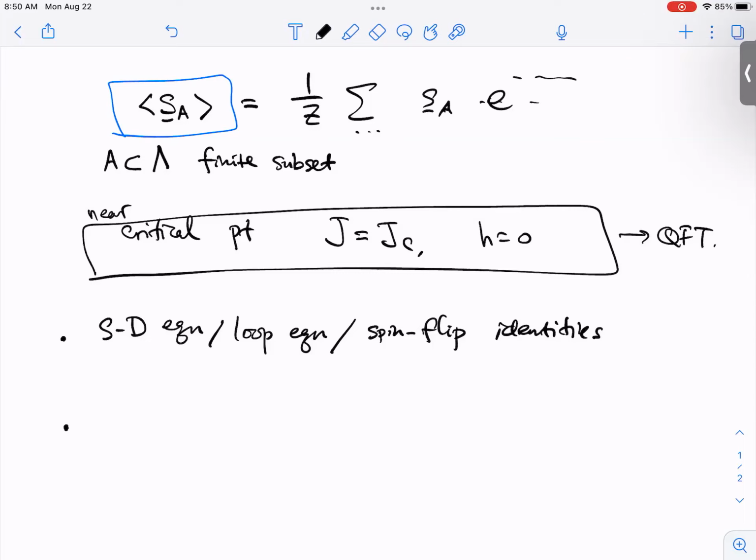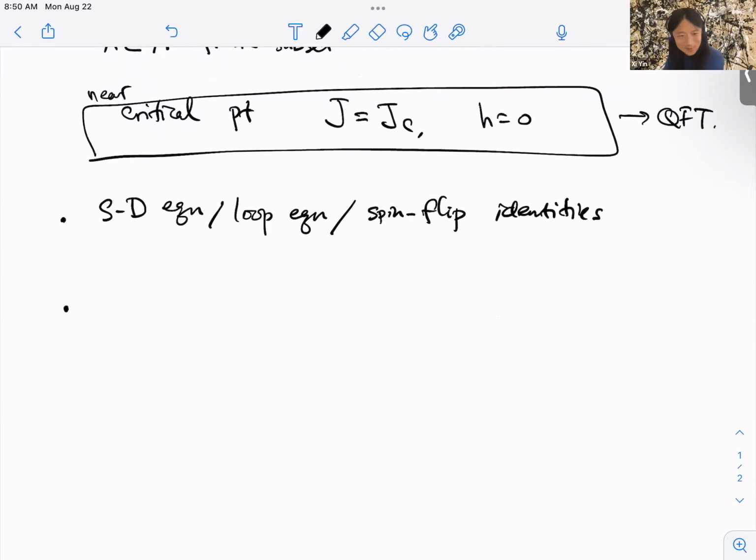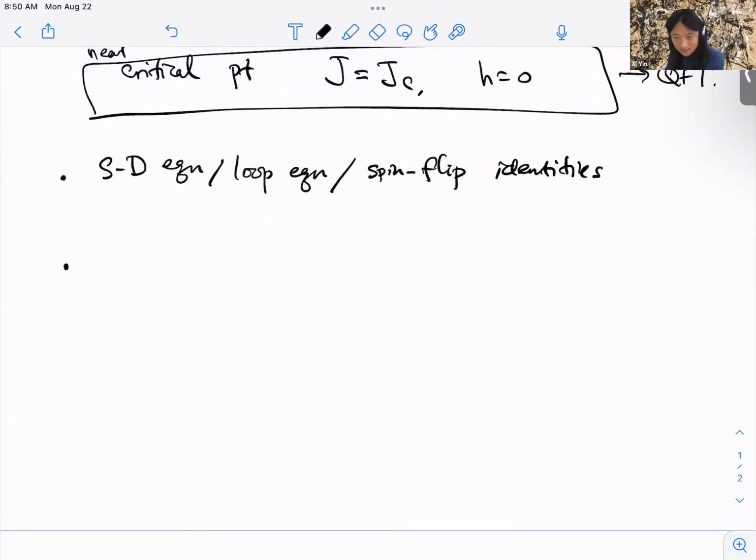All right. So the first piece of ingredient are these Schwinger-Dyson equations, or the spin flip identities. I'll write that in just a moment. And the second piece of ingredients is positivity. Now, what do I mean by positivity? There are different types of positivity conditions one could discuss. For my purpose, there are three types of positivity conditions that are the most obvious ones that one might think would be relevant.